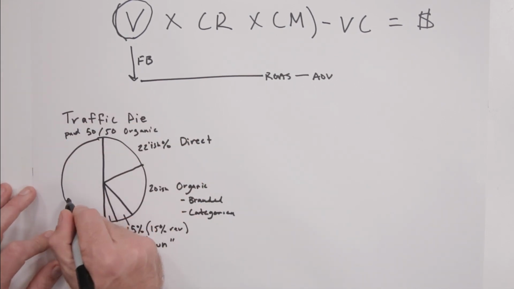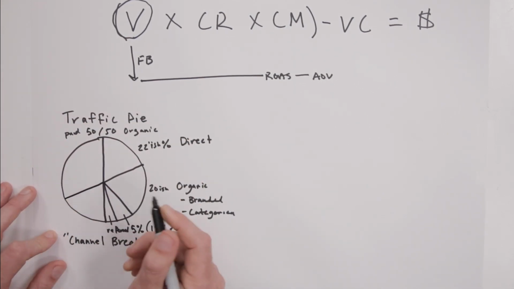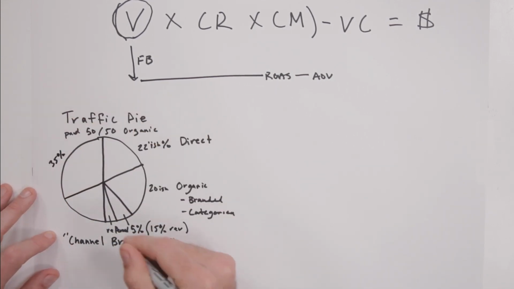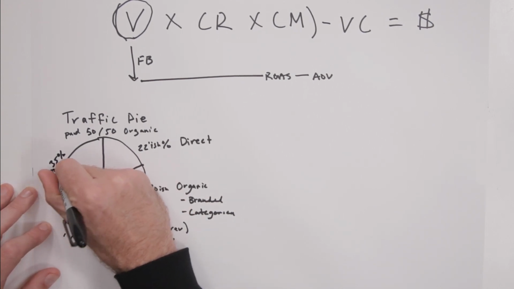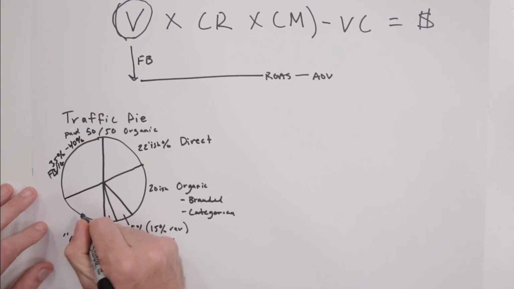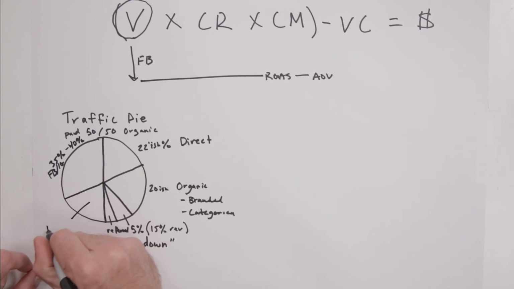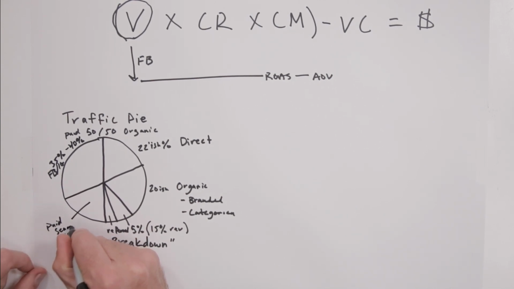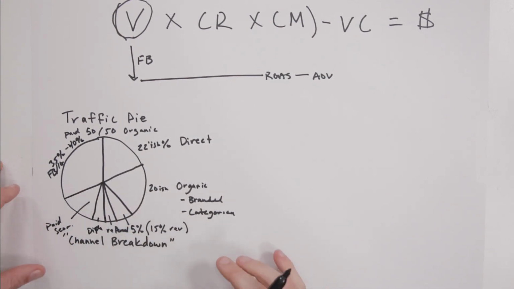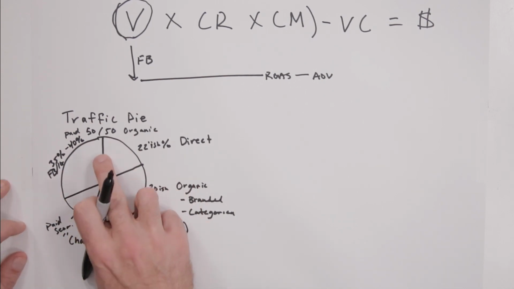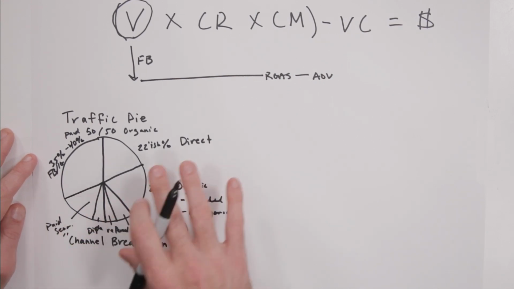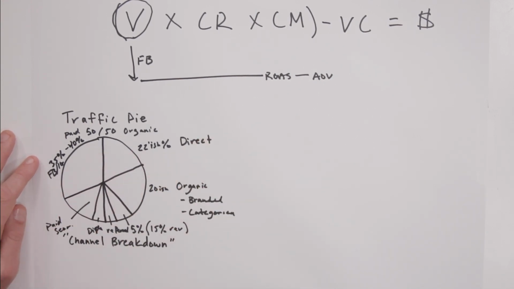The rest of this, for most of the businesses that we see, looks something like this, where almost 35% of their traffic is coming from Facebook and IG, 35 to 40% in a lot of cases. And then the other 15 to 20% is going to be coming from paid search, with, in some cases, some other portion representing display or other channels of advertising. But in general, you're seeing Facebook and Instagram represent the largest single source of traffic for most e-commerce businesses that we see. Paid search second, and paid search somewhere even with direct, organic, etc.